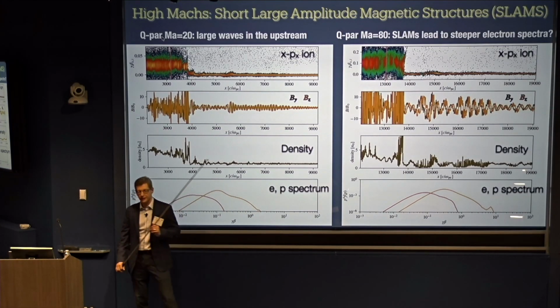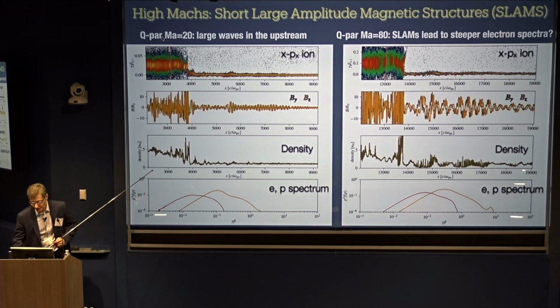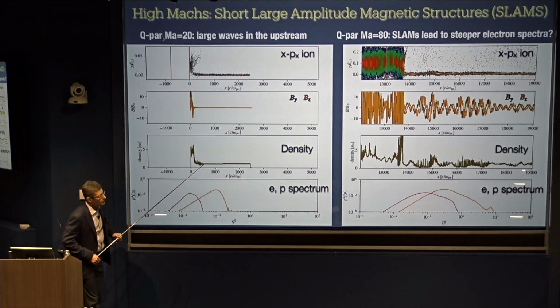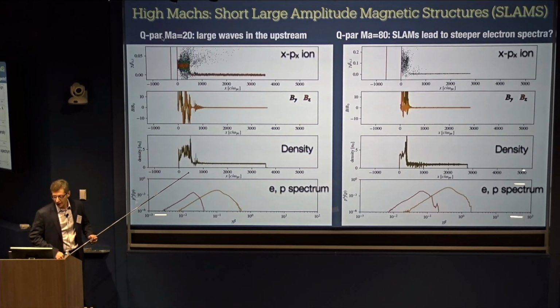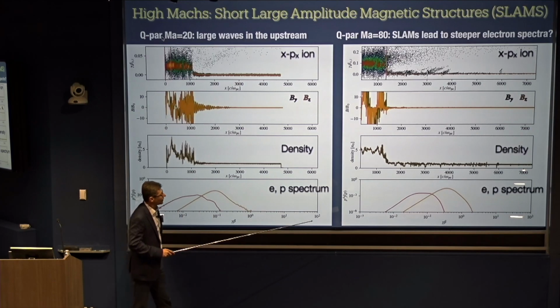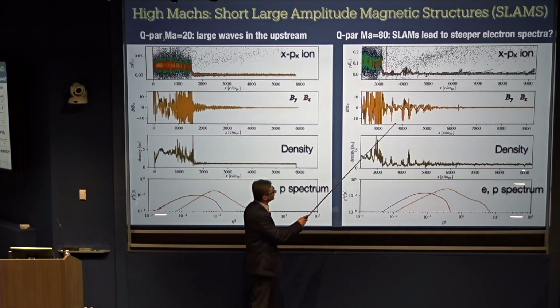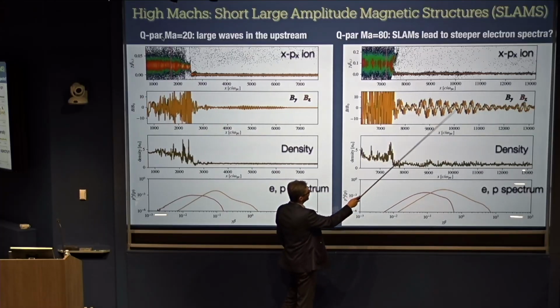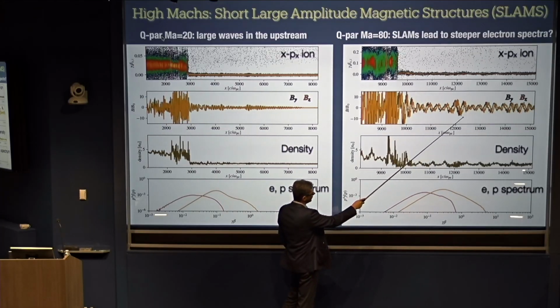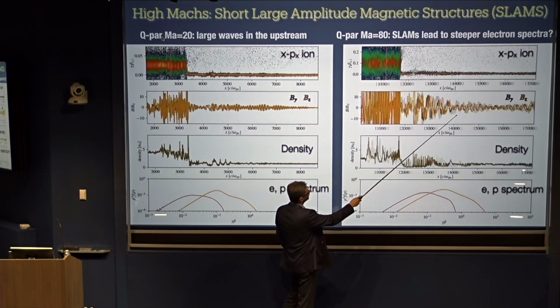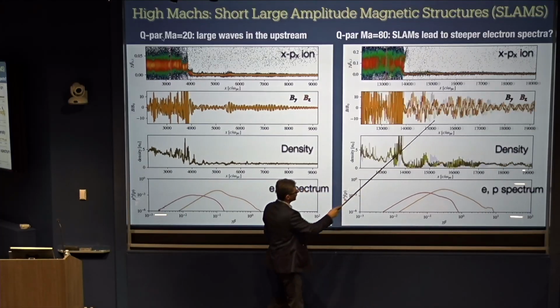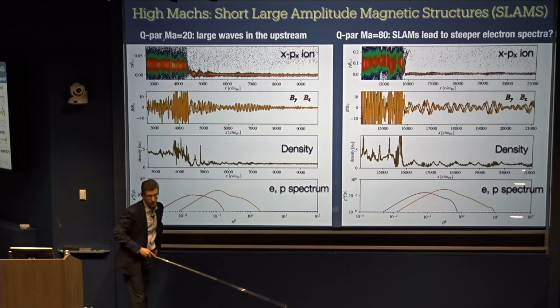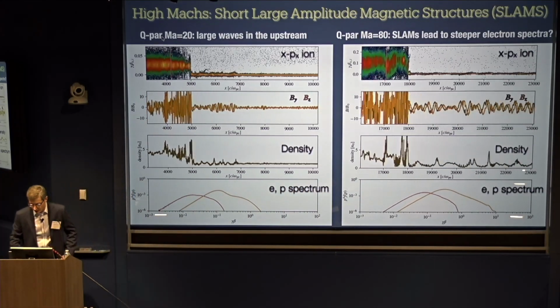I didn't invent this. This comes from the heliospheric literature. It's actually observed at the Earth's bow shock when the ions are outrunning the shock. And so these things start to form when the particles escape and drive Bell instability, a non-resonant instability, which amplifies the magnetic field. And these SLAMS structures can get pretty strong close to the shock. And in fact, they can start trapping particles.